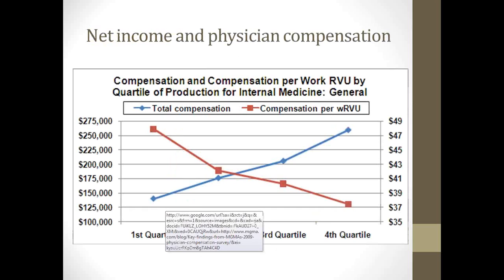Net income and physician compensation. When capturing these figures, a common error is not to include the physician's personal benefits, such as health insurance, retirement contributions, travel, entertainment, automobiles, overcompensation for family members, CMEs, club dues, computers and supplies for home use, and cell phones and internet accounts, all of which are compensation